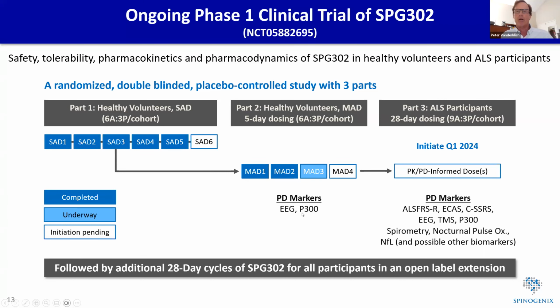In the MAD phase of the trial, we have been collecting some PD markers. We have EEG and P300 data under analysis. As we move to the ALS phase, we will be incorporating more outcome measures: motor function, cognitive function, depression, several electrophysiological measures, measures of lung function, and neurofilament light chain. Now, the last phase of the trial, the ALS phase, will be followed by